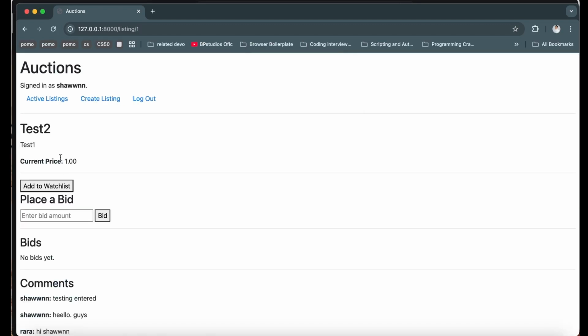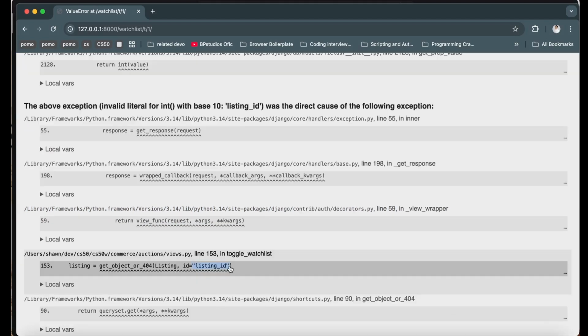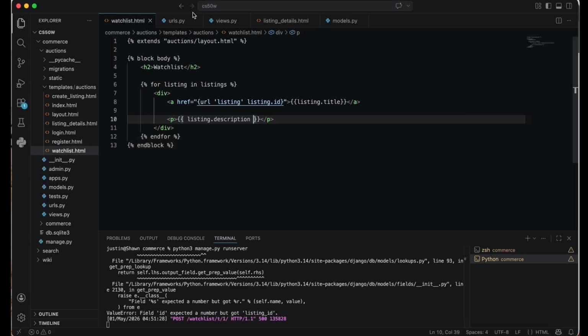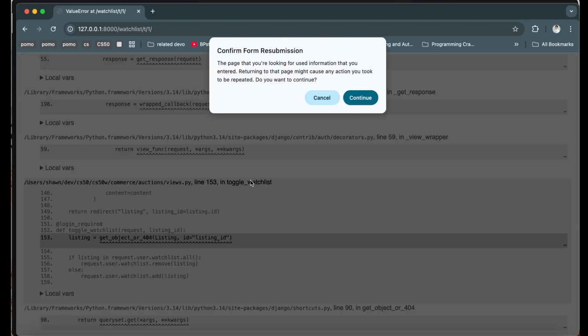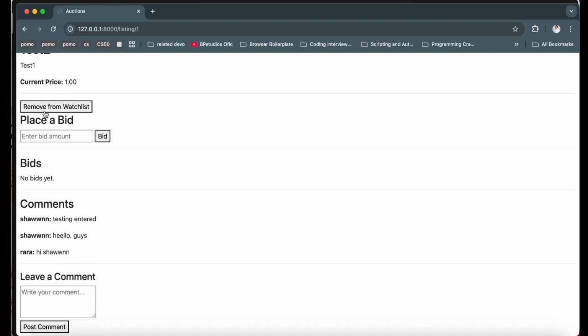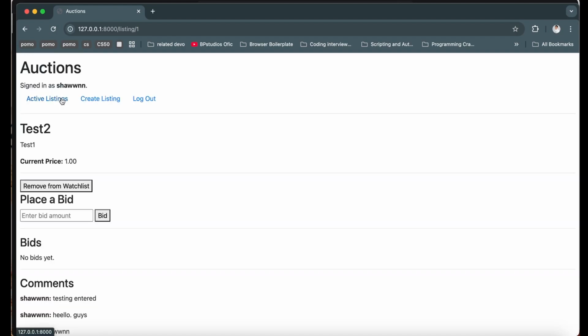Let's log in again and add this to our watchlist. We encounter an error. Our error is in our listing ID. Oh, here we put double quotation marks in our views. Let's go back. We do not need it as a string. It should call the parameter. Go again and try to add this to our watch list. Now it's added. So assuming that this shows the remove button, it means in our condition, if it's already added, put it as remove from watch list. But if it's not yet in the watch list, put add to watch list.